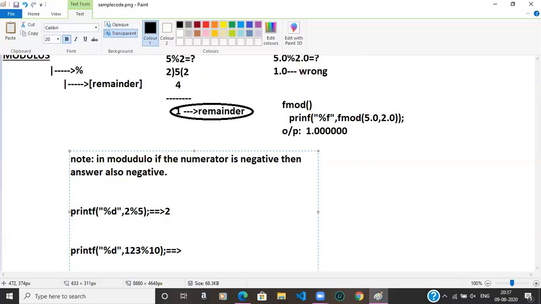Any number modulo 10 will give the last digit as the answer. In 123 modulo 10, the answer will be 3.